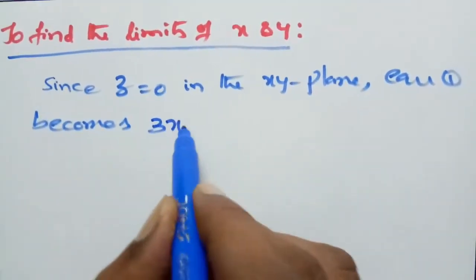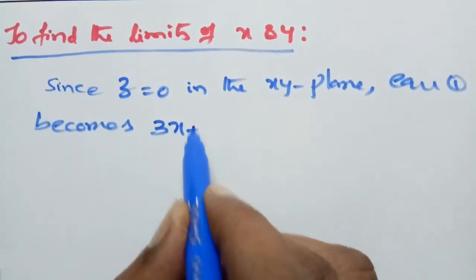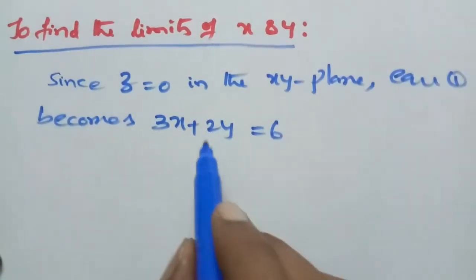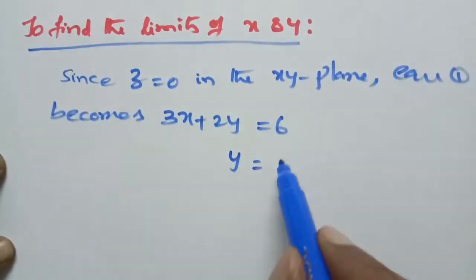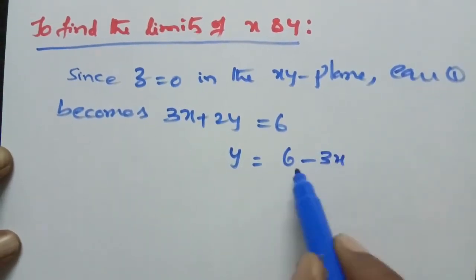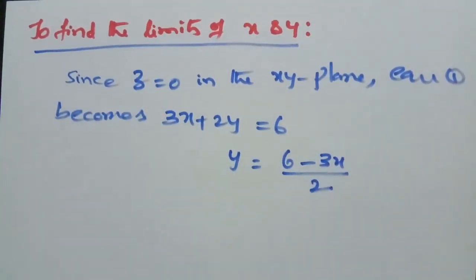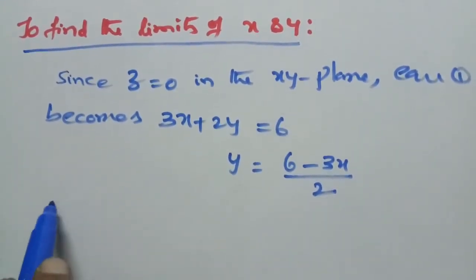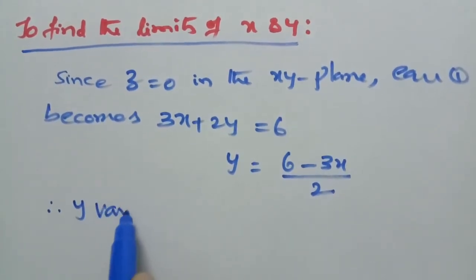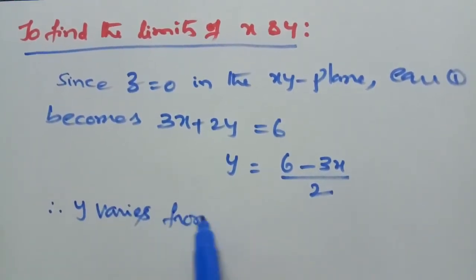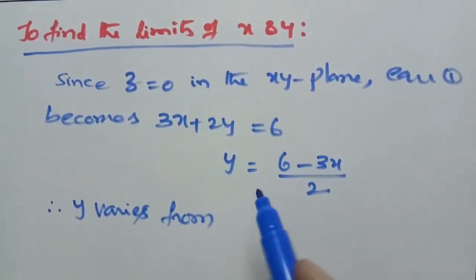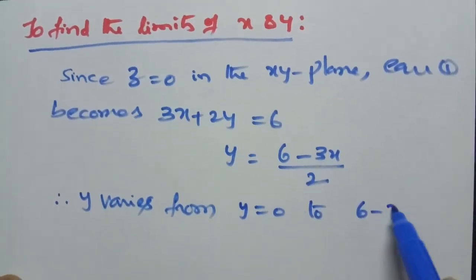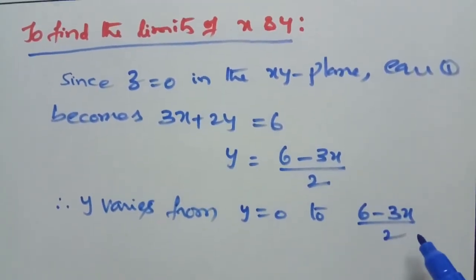3x plus 2y equal to 6. Therefore, from this, y is equal to (6 minus 3x) by 2. So here our surface is located in the first octant. Therefore, y varies from 0 to (6 minus 3x) by 2, and